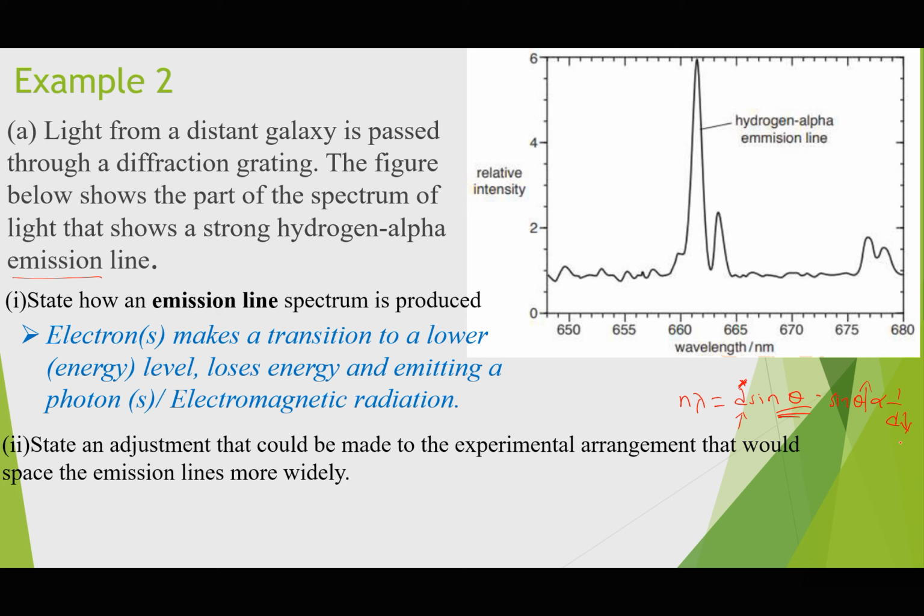But also, by the way, we can increase the distance between the grating and the screen. If the distance between the grating and the screen is increased, because theta can also be measured from a screen, you can measure theta by using the opposite over the adjacent. Opposite over adjacent is tan. I can find the angle theta from tan theta is equal to the distance on the screen, x, over the distance from the grating to the screen, which is capital D. So if I change D, it means if I increase D,